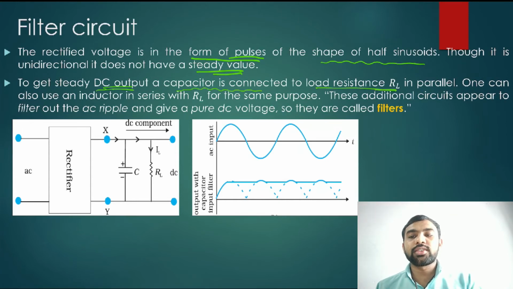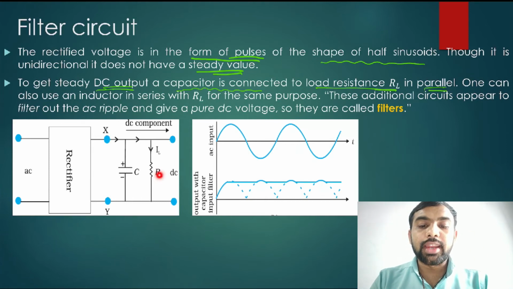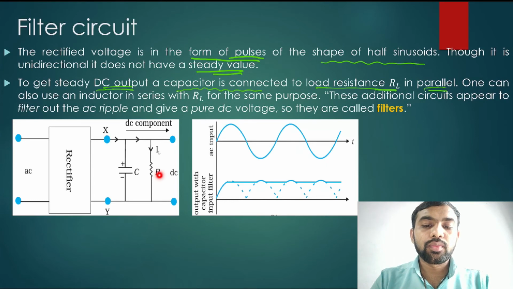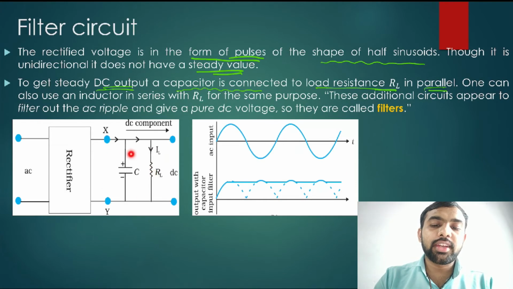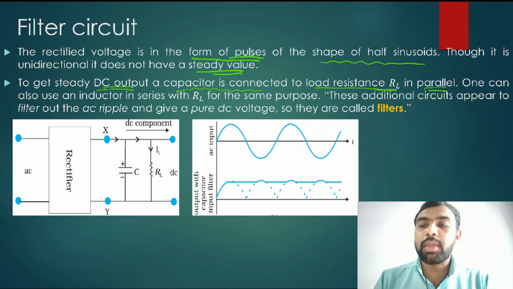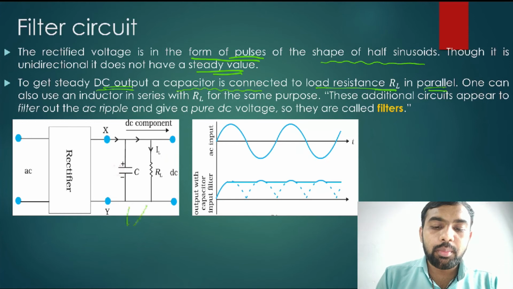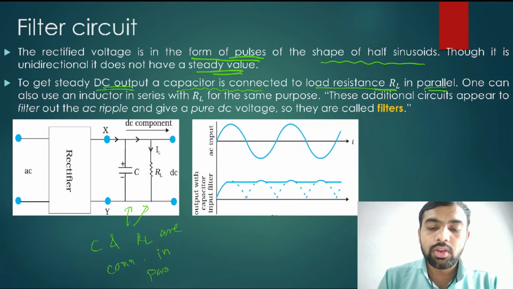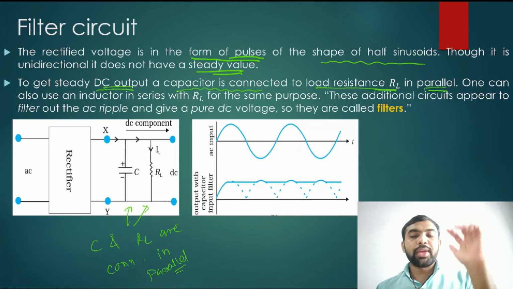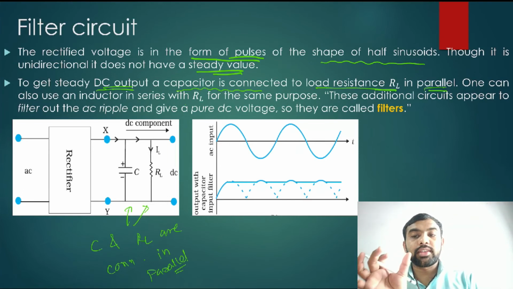Capacitor is connected to the load resistance RL in parallel. मतलब कैपेसिटर को R के साथ पैरेलल में कनेक्ट करके एक सर्किट क्रिएट करते हैं, उसको हम फिल्टर सर्किट बोलते हैं. देखो यहाँ पे, this is RL, see red marks. Capacitor is connected in parallel condition. See, so here capacitor C and RL are connected in parallel. ऐसे पैरेलल में कनेक्ट करते हैं. इस तरह से फिल्टर सर्किट को क्रिएट किया जाता है.